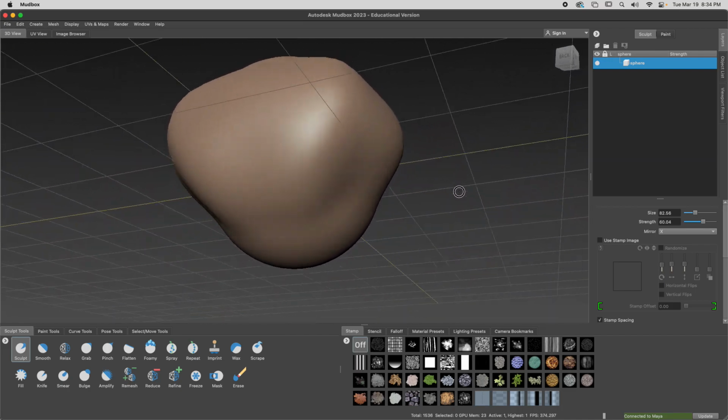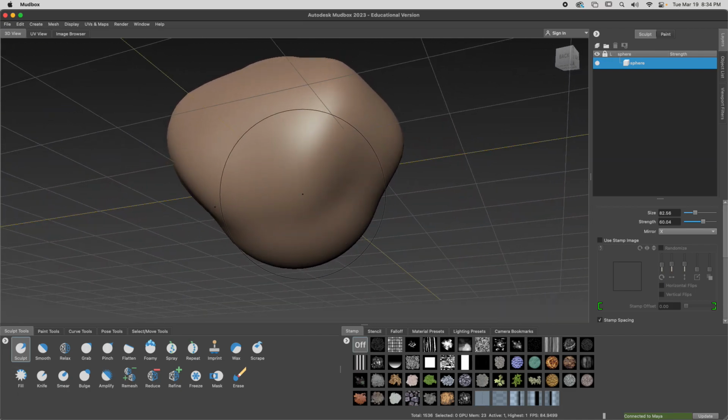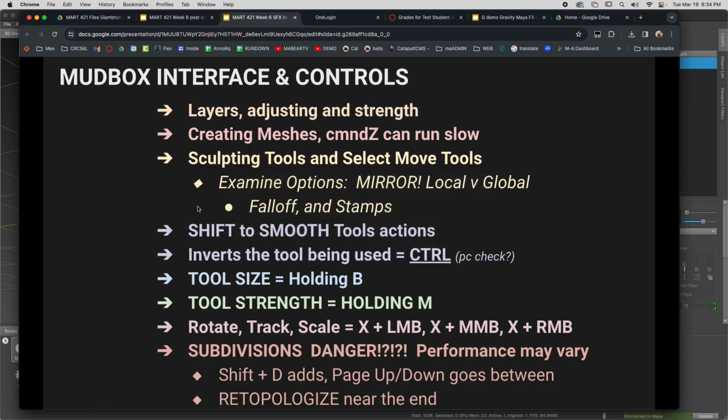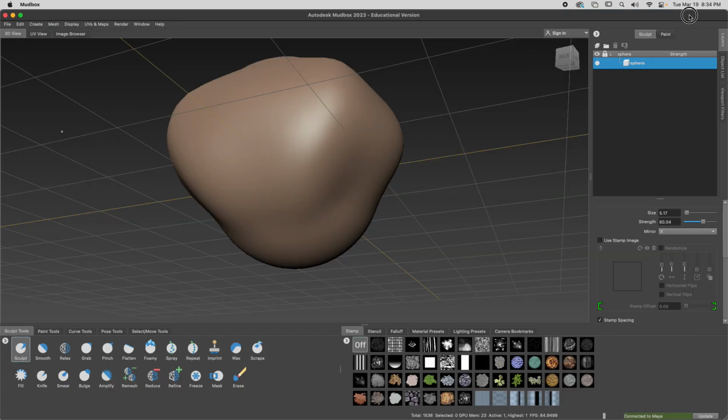Yes. Let's make some small sculpts. I'm going to go to B and make it small. So B is brush size. I linked these slides on the next thing, so let me open it. Tool size, brush: B for brush. Tool strength, M for strength. I don't know why it's M. For motivation. All right, now if I use sculpt and make it really strong but small, I